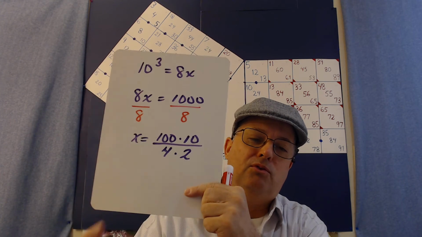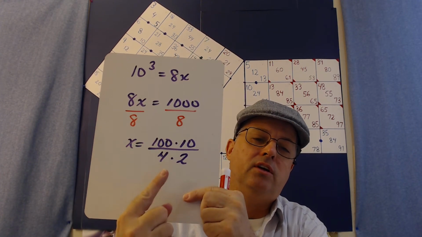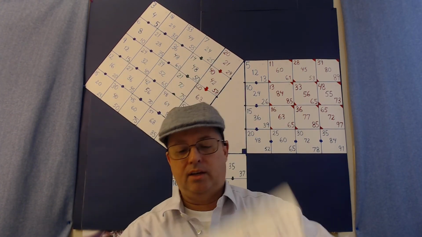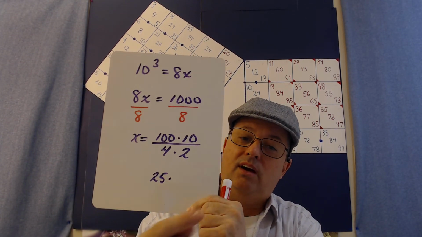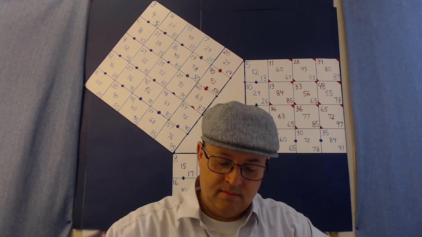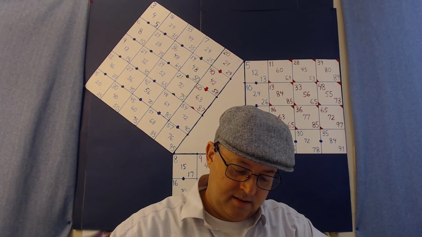Okay? So we have this as 100 times 10, right? And this is 4 times 2. Look at that. Isn't it beautiful? Okay, so what's 100 divided by 4? Well, that's 25. And what's 10 divided by 2? Well, that's 5. And